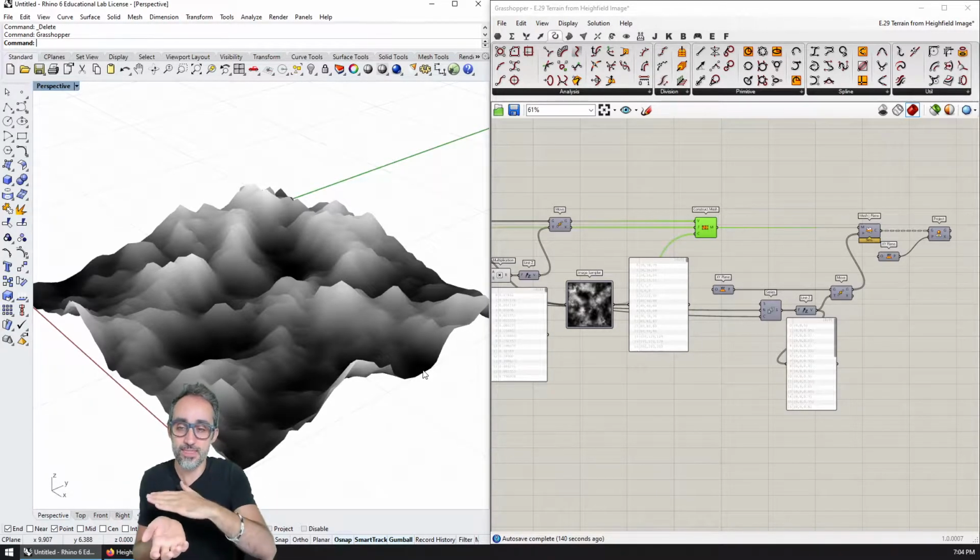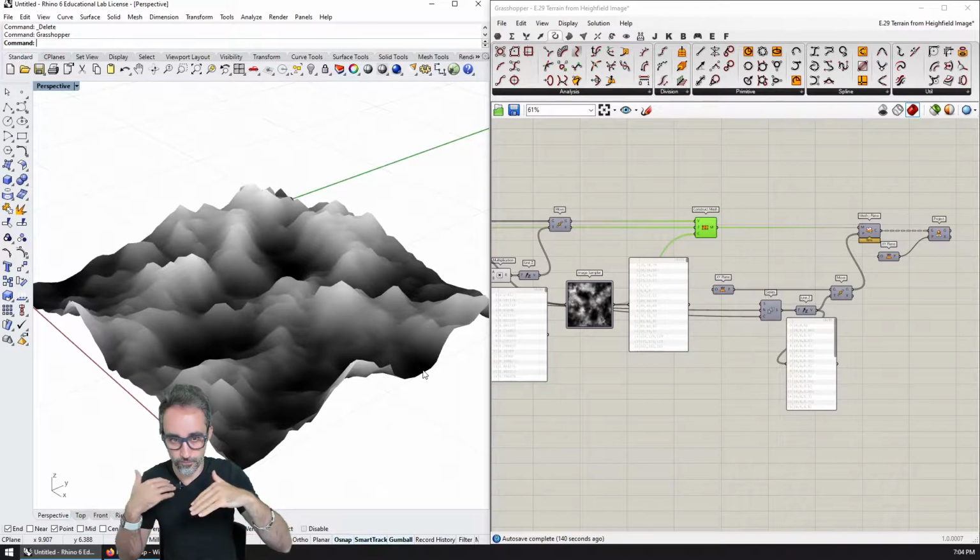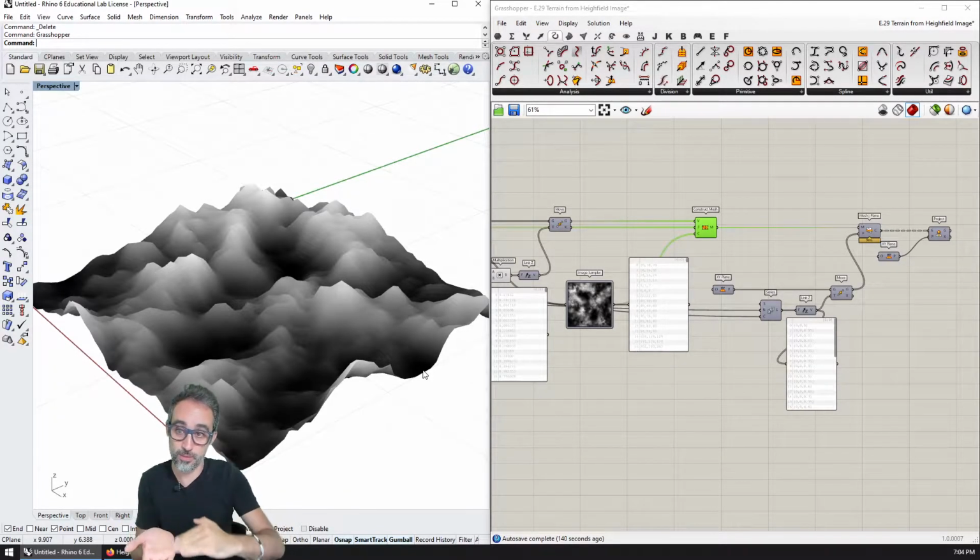Then it is that smooth surface that we create from the terrain that we section with the planes, and it's already going to give us smooth curves for this process.